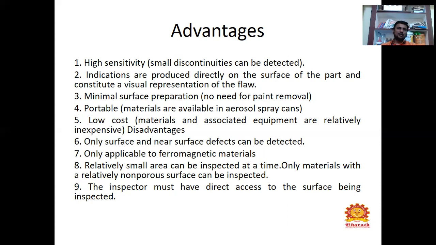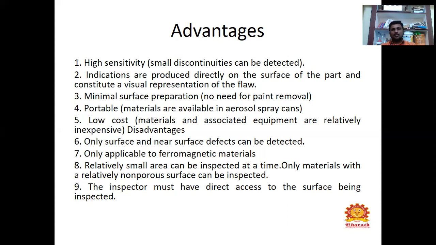See, in the other NDT methods, like visual inspection, or in one of the techniques we need to apply some penetrant, and then we need to remove the penetrant. We need to wait for some dwell time.